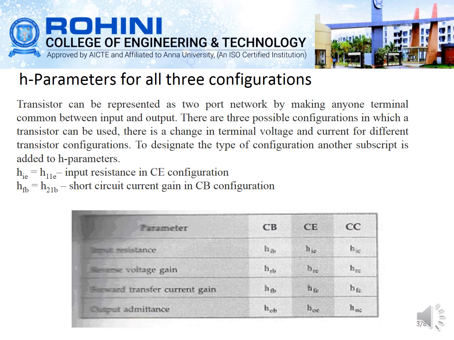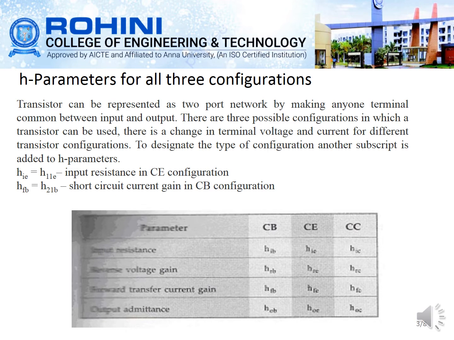making any one of these terminals common between the input as well as the output. So there are three possible configurations where we are using this transistor. If there is any change in the terminal voltage and the current, then there will be a change in the transistor configuration. To designate this type of configuration, we use another subscript with the H parameter. So we can say that hi is equal to h11e, the input resistance in the